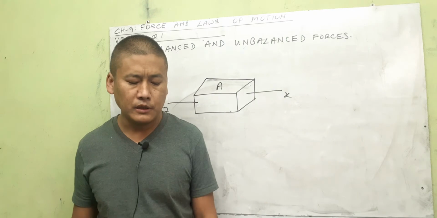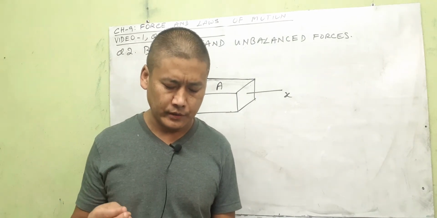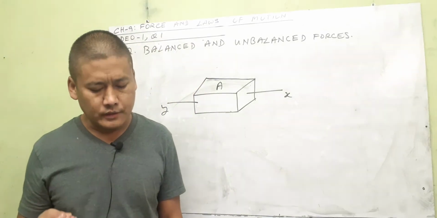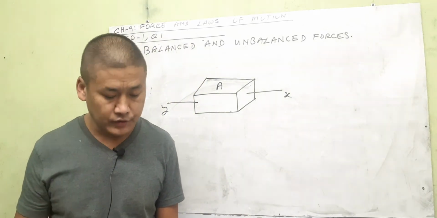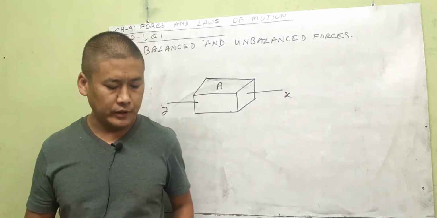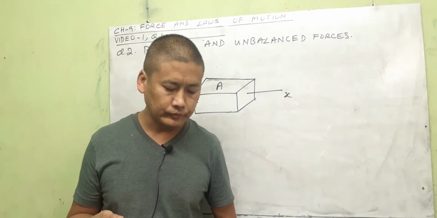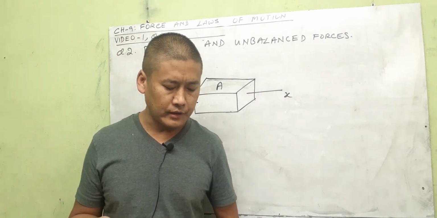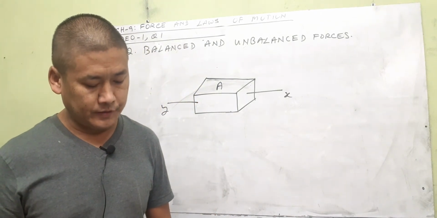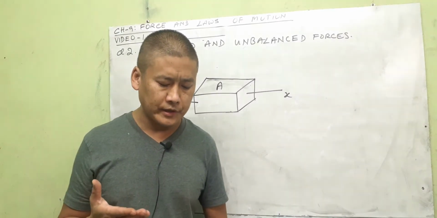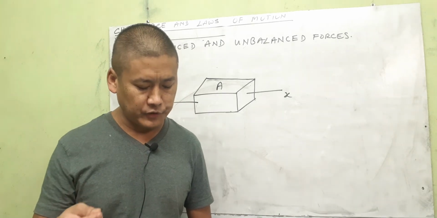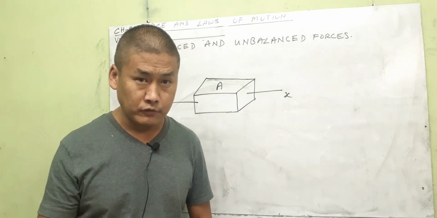When forces acting simultaneously on a body bring about a change in the state of rest or of uniform motion in a straight line, then such forces are called unbalanced forces. Let us read again. When forces acting simultaneously on a body bring about a change in the state of rest or of uniform motion in a straight line, then such forces are called unbalanced forces. Example, 4 to 5 strong boys together are able to move a heavy box because their pushing force becomes greater than the friction force of the ground on the box.